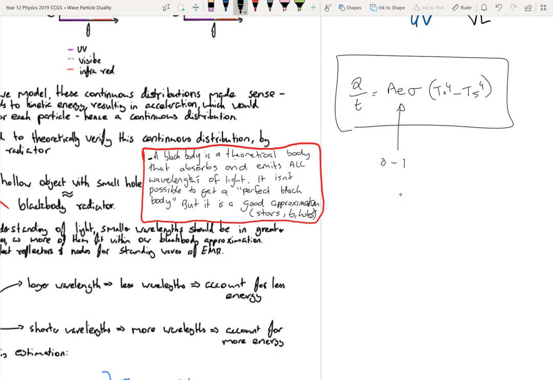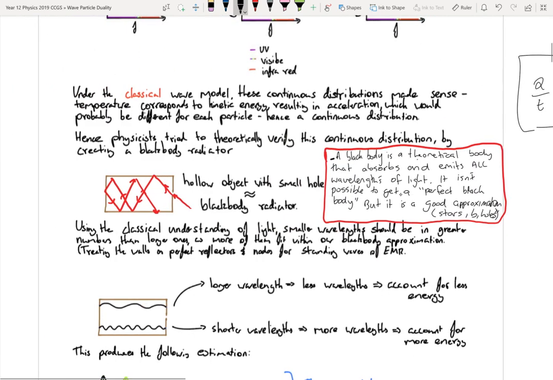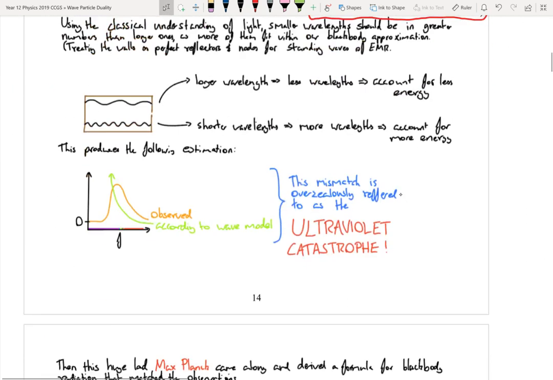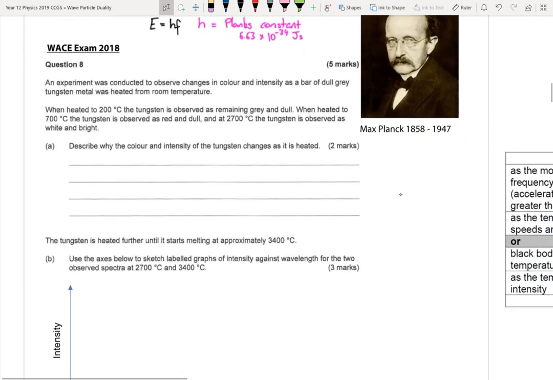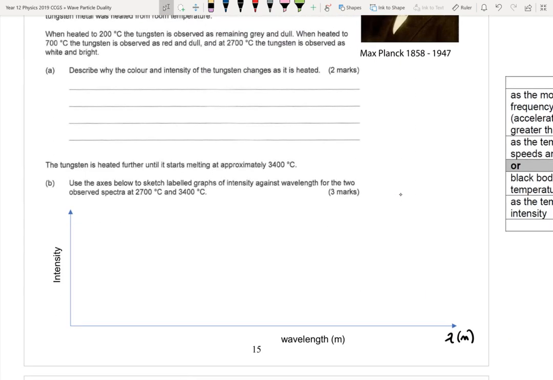Interestingly, it's T to the 4th power, and so that's the black body curve. That's why as the object gets hotter, the relative intensity just shoots up. It skyrockets to very, very large amounts because it's proportional to T to the 4th power. Which is why, if we move over the page to this question here,